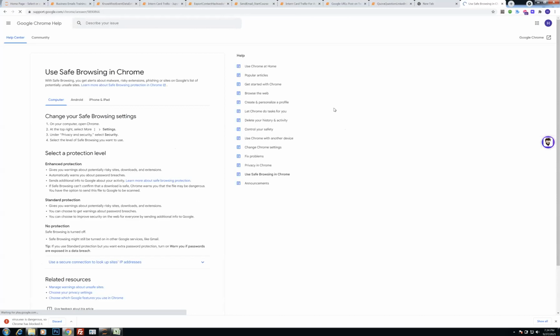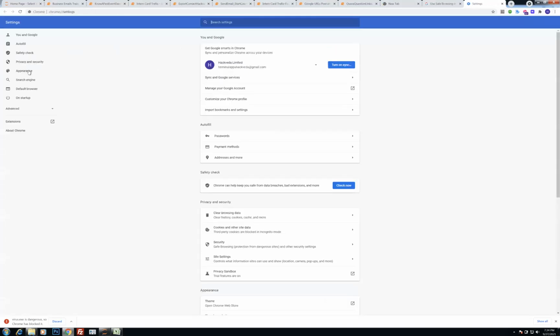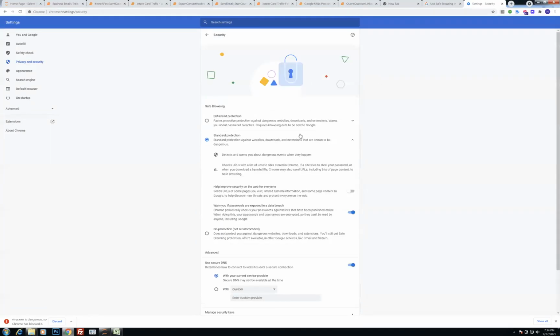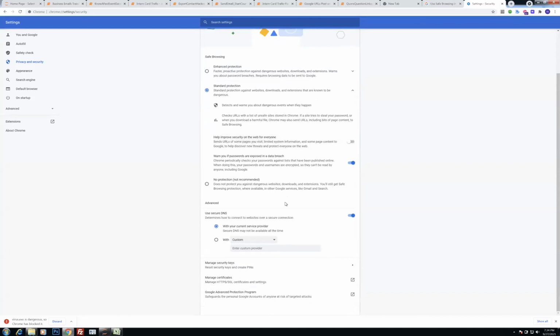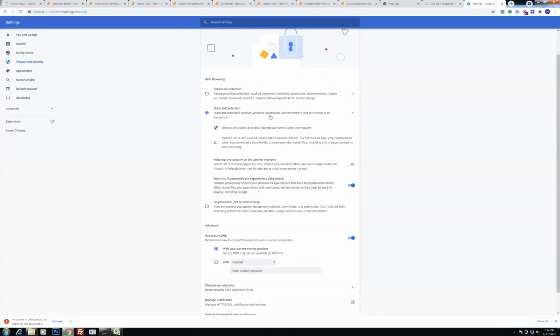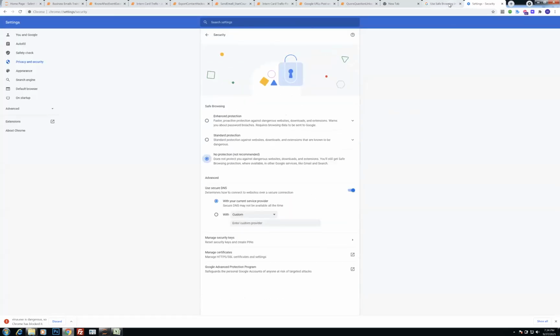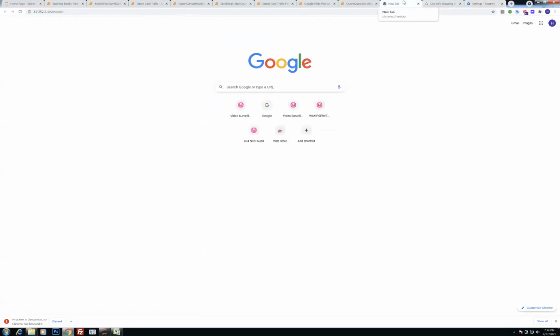I'll just go here, go to settings and change my settings for a moment. Okay, so for now I'm just using no protection for the time being, just to test the software.